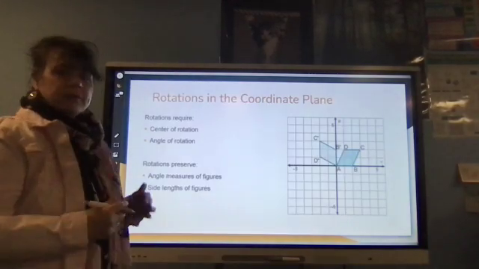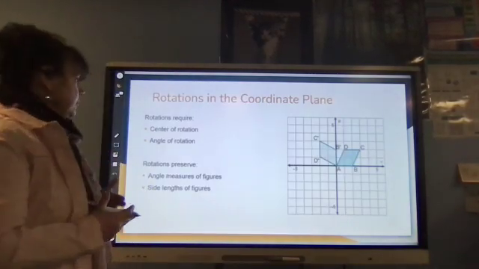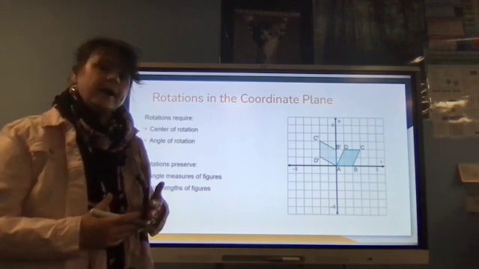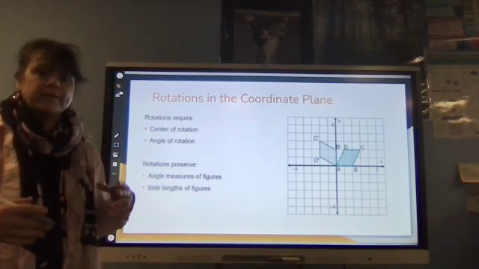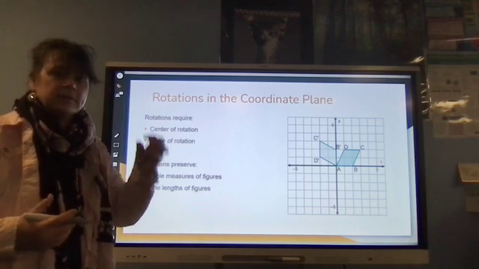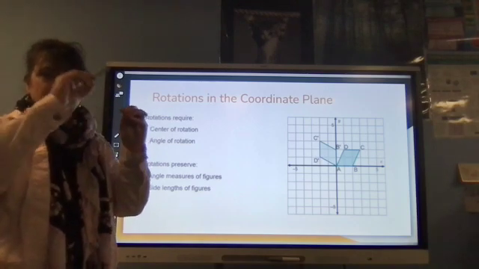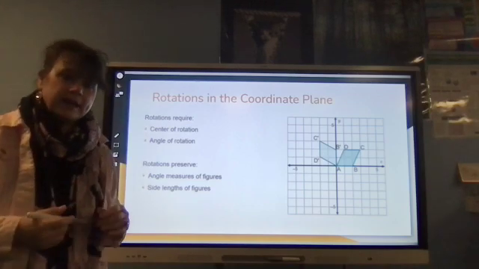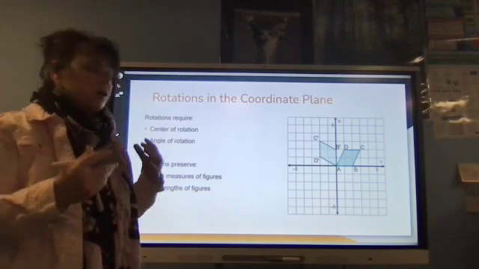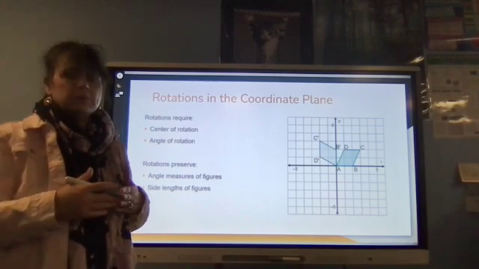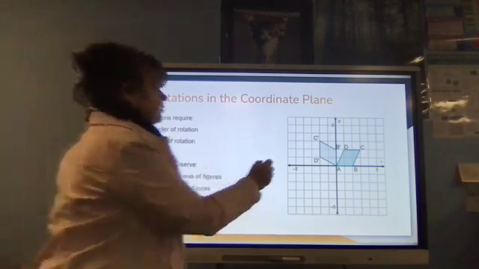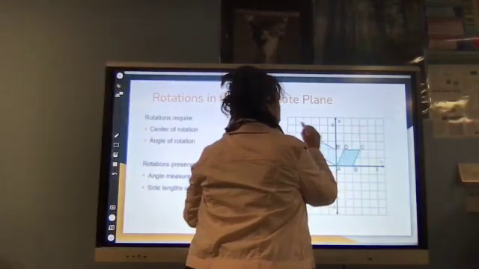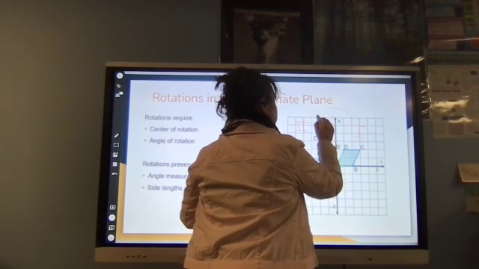So when we have rotations in the coordinate plane, there's a few things that we need to have. So rotations require a center of rotation. That means there's a specific point where the object is going to be rotated around. And then we also have to have an angle of rotation. So that means if we're rotating from quadrant 1 to quadrant 2, that would be 90 degrees